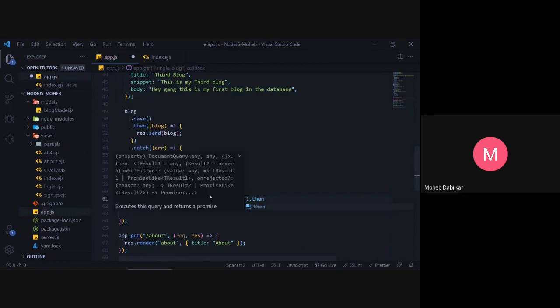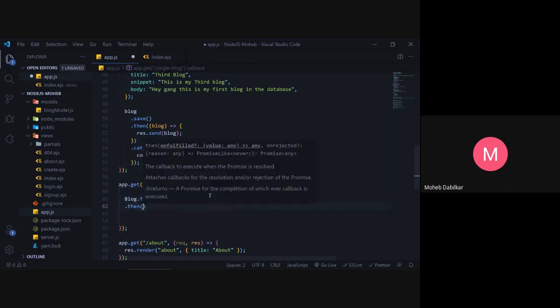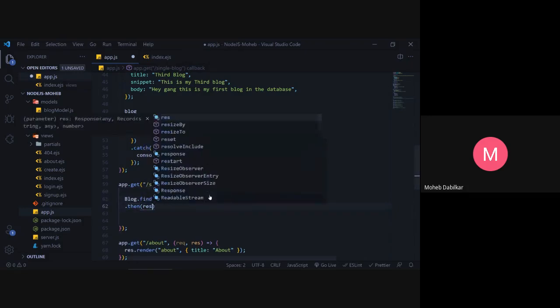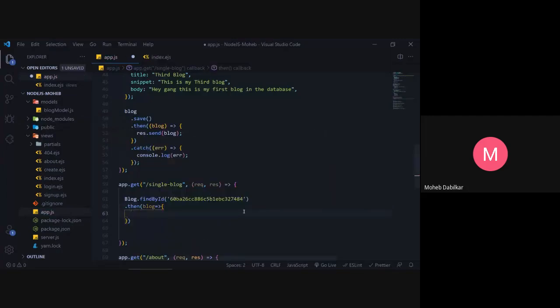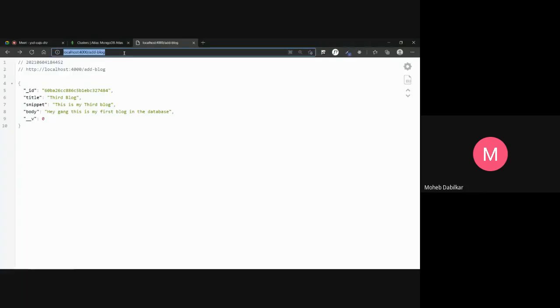So let's do this, and let me just put this on the second line, then we will get the blog, and then let's send blog. Hopefully we don't get an error or something like that. Even if we get one, we will just say console log error. Okay, so hopefully it should give us a blog now.